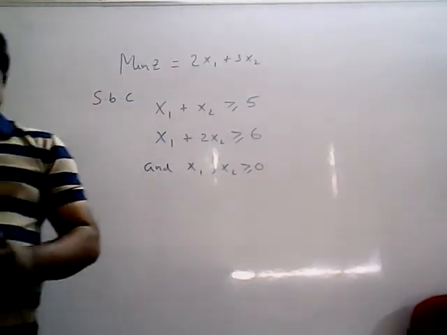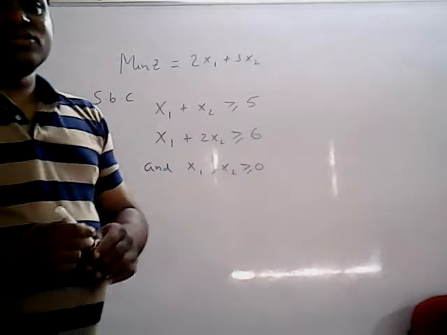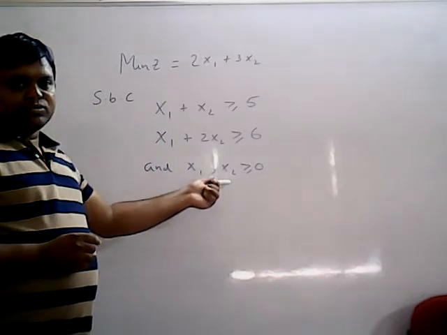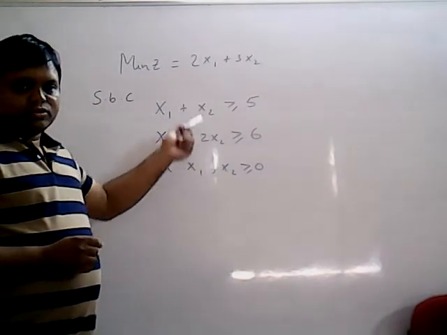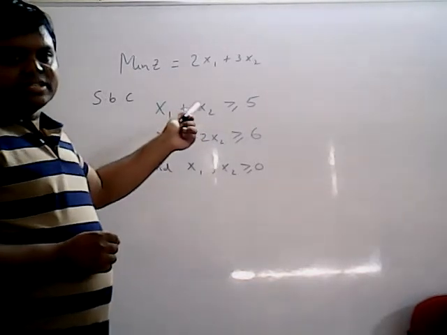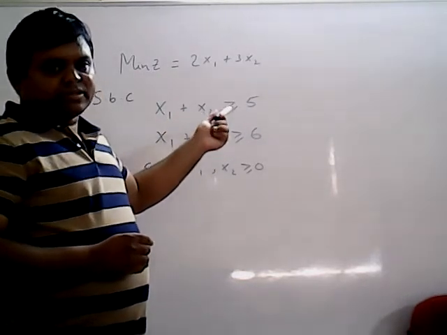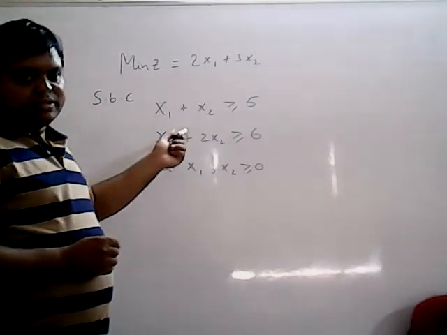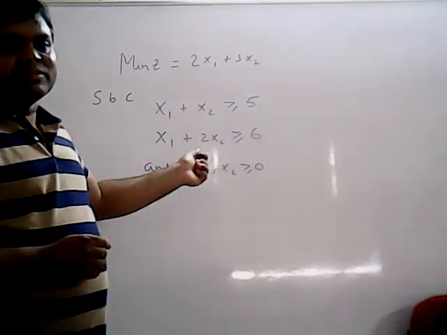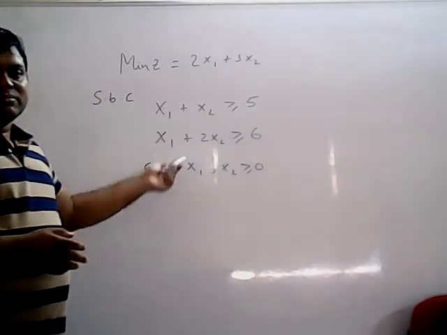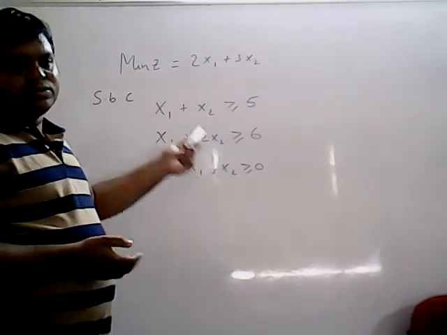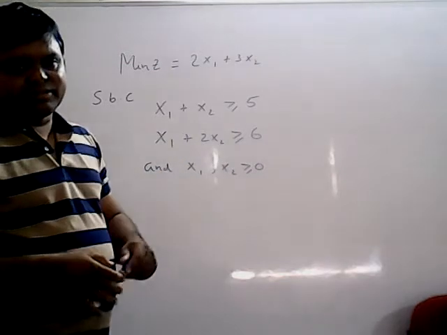Now, for this problem, if nothing is mentioned and it says solve the following LPP, you can use the graphical method because only two decision variables are there. Otherwise you can use the Big-M method or the two-phase simplex method. If you specifically mention graphical method, do graphical method; if Big-M, do Big-M; if two-phase simplex method, use that. If you did not mention anything, graphical method is very easy because there are two decision variables, otherwise you can use either Big-M or two-phase.